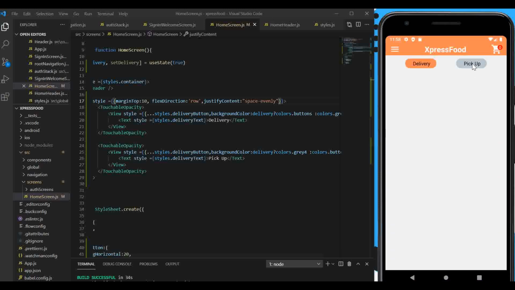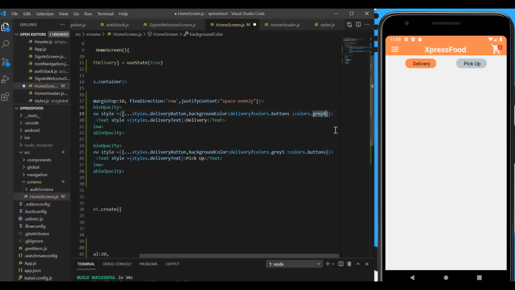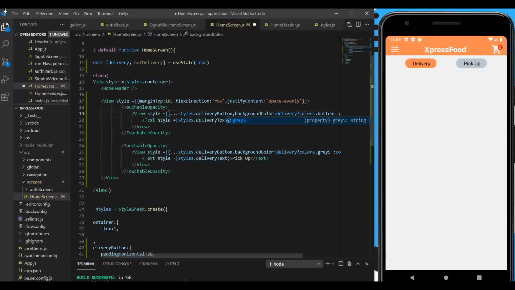So instead of giving it 4, I'm going to give it 5 because this is too much gray than what we need. Gray 5. I'll also give gray 5 there. And let me save. Okay, this is okay. Now if I click there, there's nothing happening, because the point is if I click on pickup should change the color, and if I click back on this should change the color as I'm trying to do. So what I will do is we need to have some event listeners